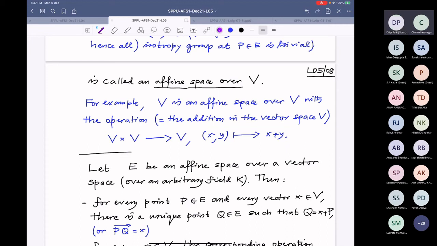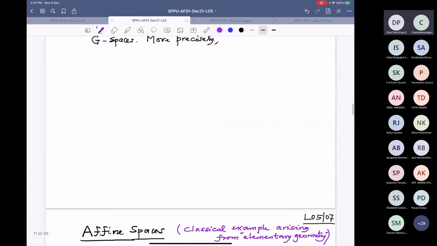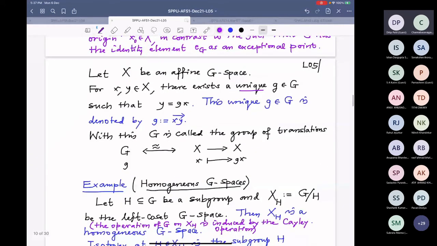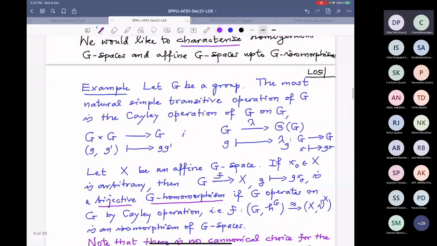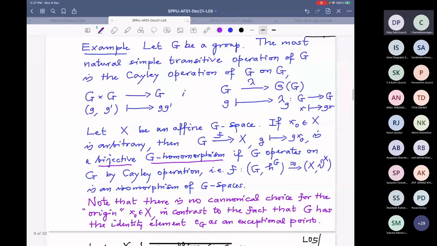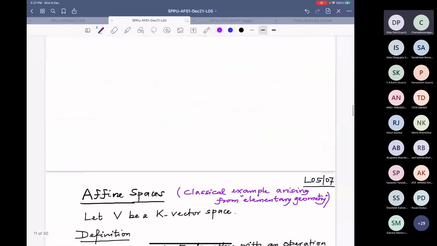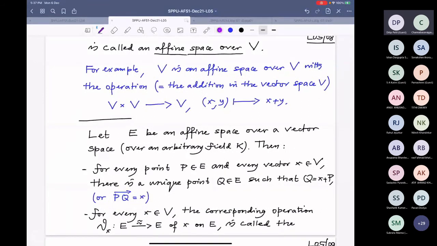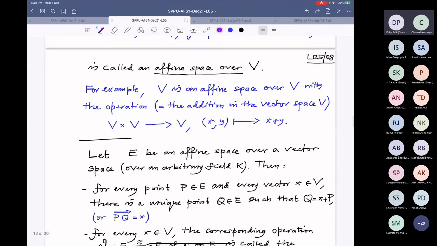So it's only the name that may change. That addition operation, that multiplication operation, what we are using here, that became, where is it? It's here. This operation, the Cayley operation, is precisely this operation on V. This is also the Cayley operation, only because we are denoting the vector space's additive group by the plus operation. That is why. Now let me make a one-minute stop and ask, is the definition of an affine space clear?